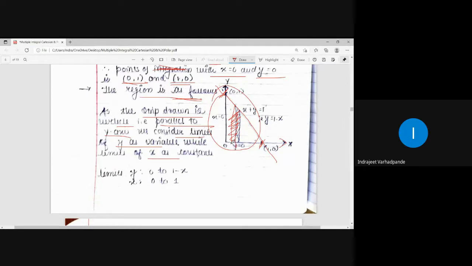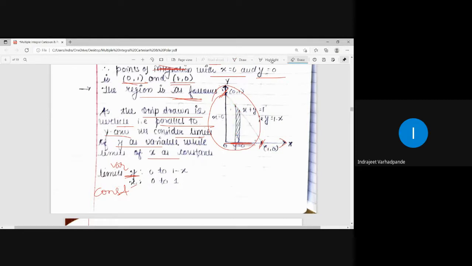Okay. Now the lower end of the strip lies somewhere and the upper end of the strip lies somewhere. From that I will be getting the limits. So here the variable limits will be for y and the constant limits will be for x. It is decided because we first have to integrate with respect to y, so its limits will be written in x, and later, after integrating the remaining x, the constant limits will be put. Okay.